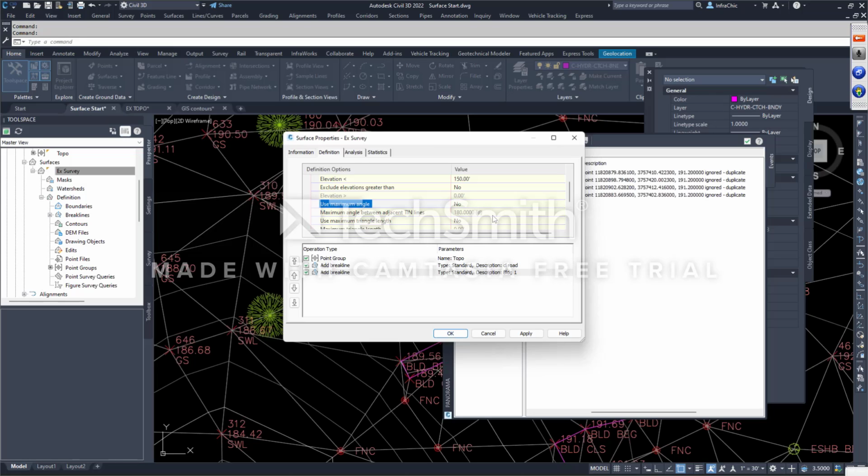Nothing greater than a specific angle, yes or no. Is there going to be a maximum triangle length? This is the triangle we're talking about, people. The 10 in your surface, that triangle you see, the maximum length from point A to point B, should there be one? Now, in surfaces where there are wide swaths between the areas,